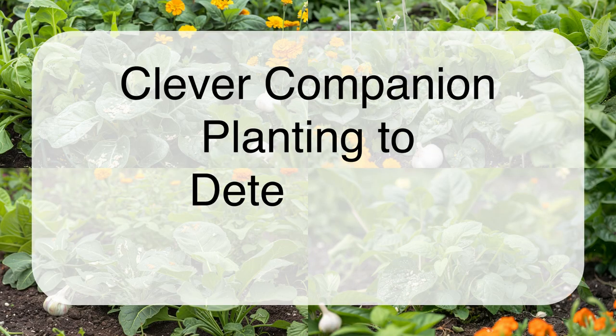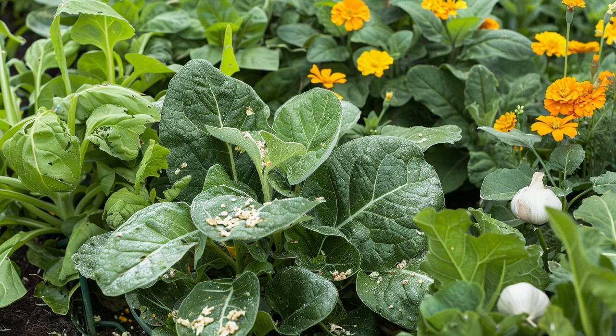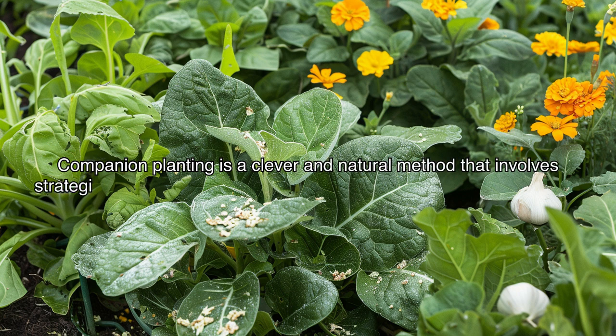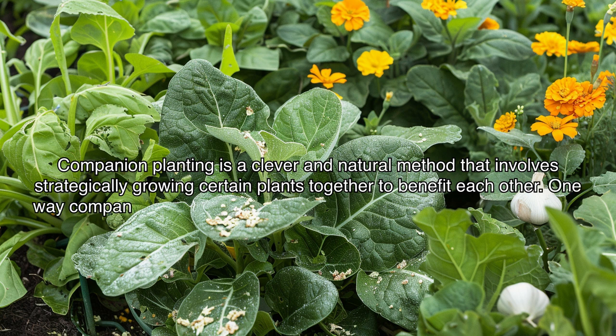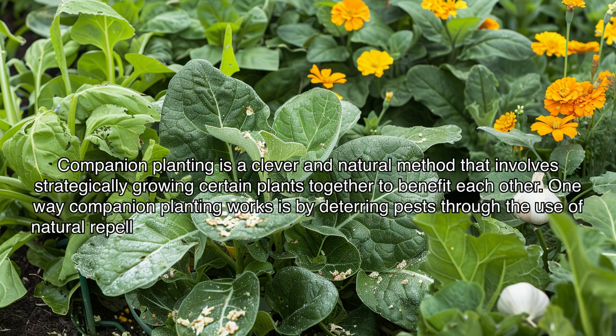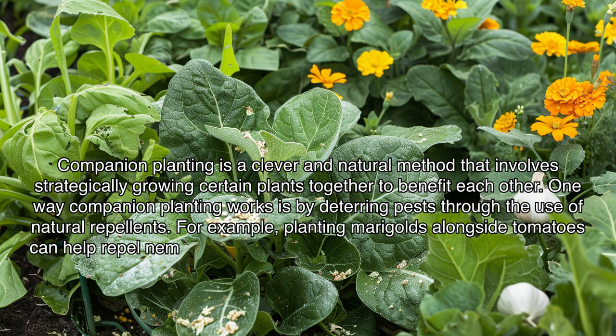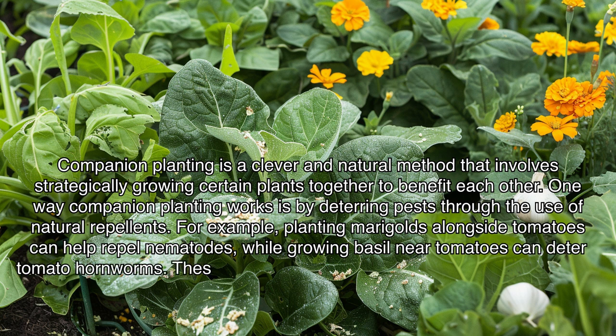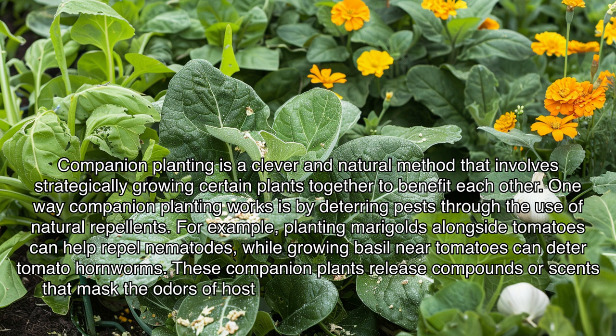Clever companion planting to deter pests naturally. Companion planting is a clever and natural method that involves strategically growing certain plants together to benefit each other. One way companion planting works is by deterring pests through the use of natural repellents. For example, planting marigolds alongside tomatoes can help repel nematodes, while growing basil near tomatoes can deter tomato hornworms. These companion plants release compounds or scents that mask the odors of host plants, making it challenging for pests to